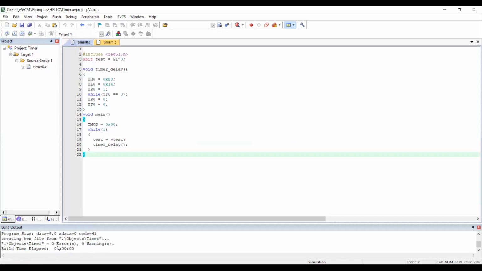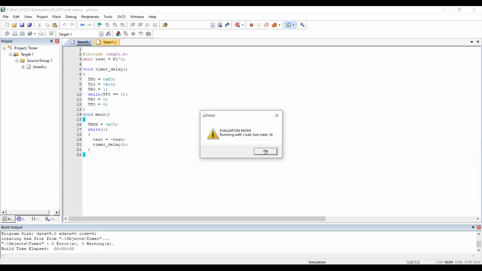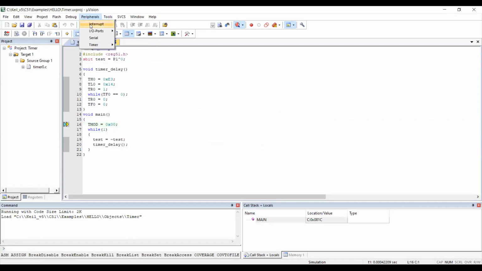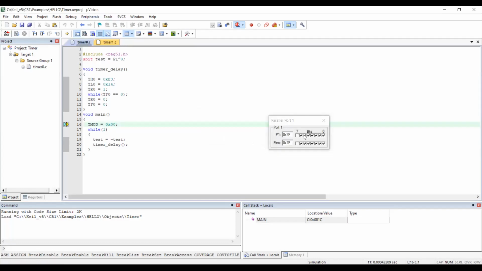Now we see there are 0 errors and 0 warnings, and then we run the debugging. Now we go to tools, then peripherals and I/O ports, then port 1. We uncheck all the bits except the last one.